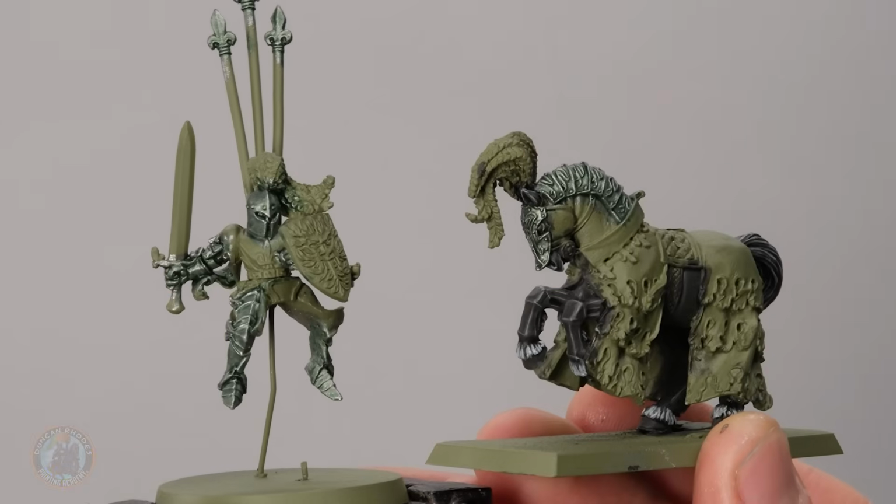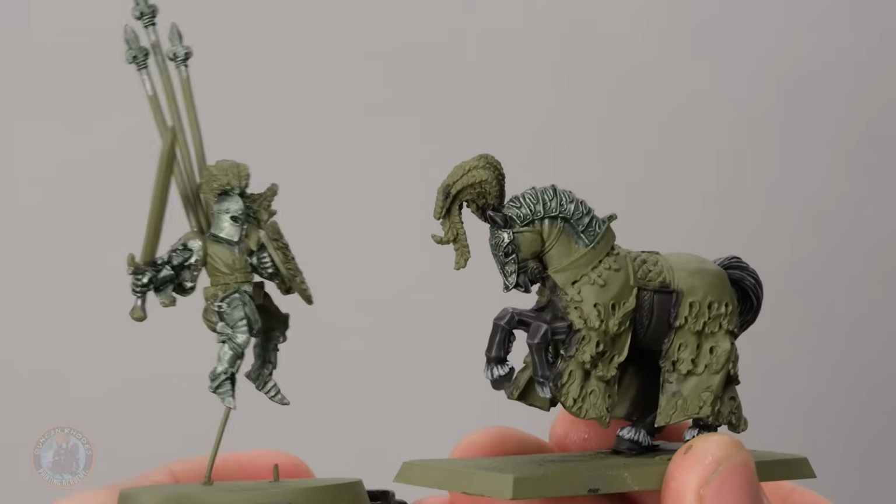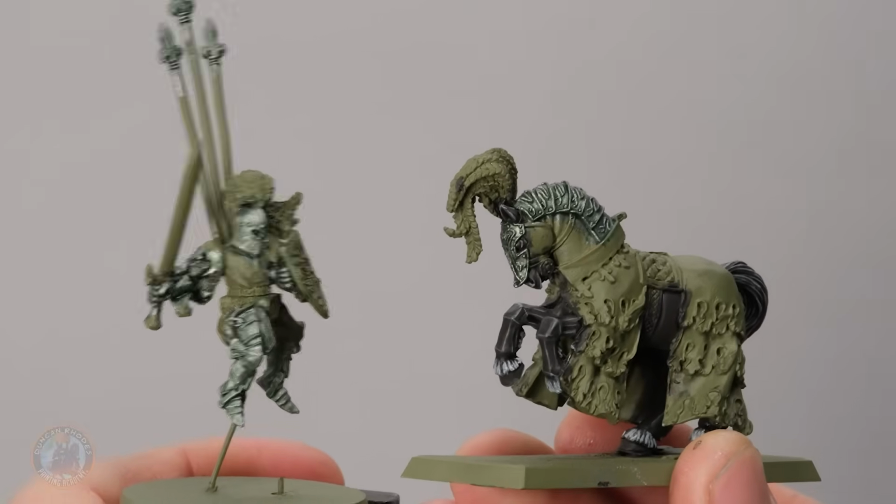Once that mix is completely dry, we'll be left with the shading there on those silver details, and of course that green tint too, but it has dulled things down quite a bit. So now it's a good idea to do a little bit of layering with the silver before we move into highlighting these features. So to do this, I'm going to go back to that original silver, which in our case